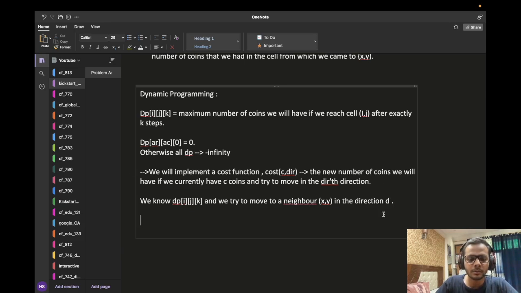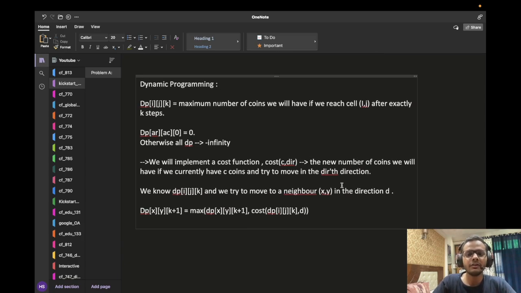So the transition is pretty simple. We will go to the cell x y, and if there were k steps before, then the number of steps will become k plus 1 and it will be max of itself. So dp x y k plus 1. When we are at i j and we have taken k steps, we know we have dp i j k coins. After that, the number of coins we will have will be cost of dp i j k and d, right? So we are trying to move to the dth direction, and that's it. This is all the transitions that we need to do, and this is enough to basically pass